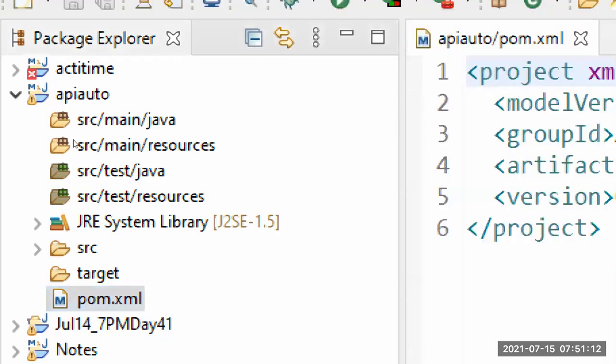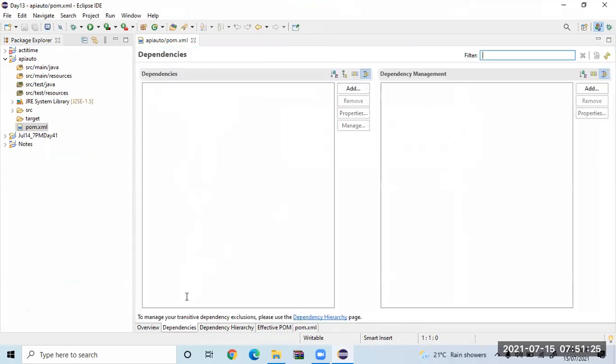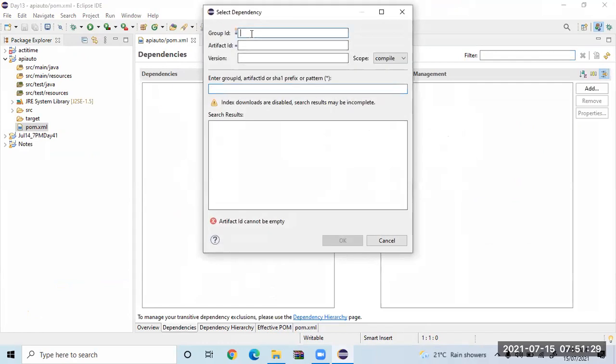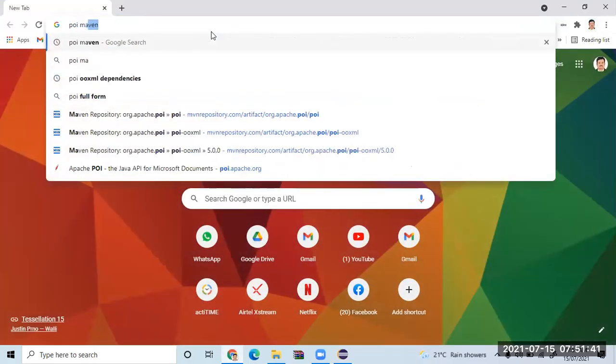So what I should mention here is, once I go out of it, let me just zoom out. Copy pasting in a pom.xml could be difficult for the first time. Don't worry. Go to the second option here. At the bottom, you can see dependencies. Click on add. Specify two pieces of information again. What are those? Group ID, artifact ID. Group ID, organization name, artifact ID, project name. As I said, version is a build number. So let us see what to do for POI. Okay, so I will say POI Maven.